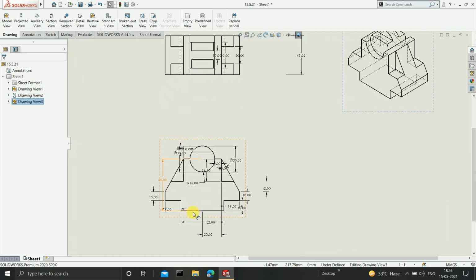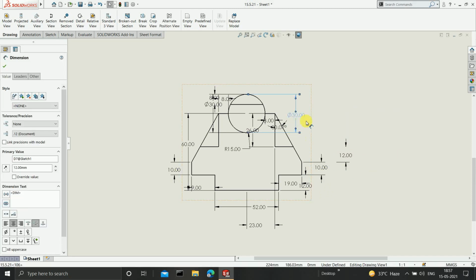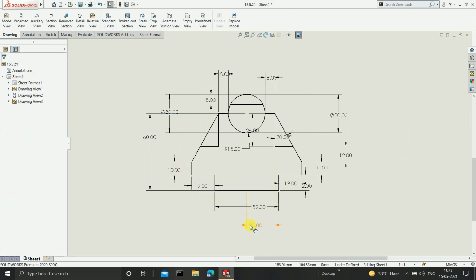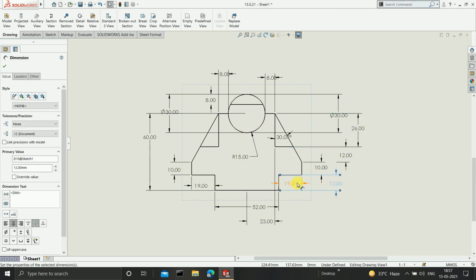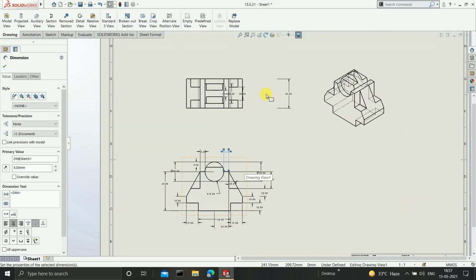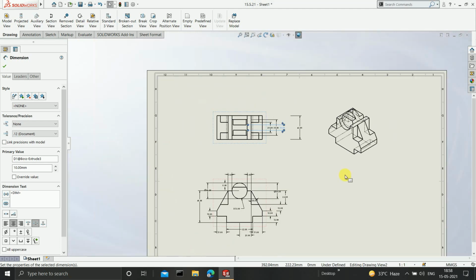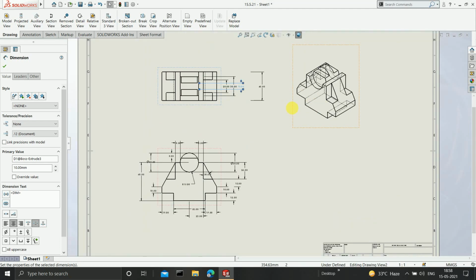Now guys, if you observe over here, then the dimensions are not in a systematic arrangement, they are just in a haphazard manner. So if you want to arrange them properly, then you have to just simply select them and move accordingly. Okay, so as you can see here now that I have arranged the dimensions properly, and this is very important because sometimes the values get overlapped and the reader may not be able to see which exactly value you are trying to refer to. So you have to arrange them in a proper manner.